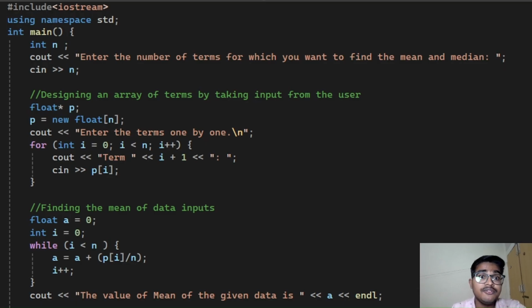So in this code, I've used the concept of dynamic allocation of array. At first, the user is prompted to enter the number of terms. Then an array of floats is dynamically allocated to store these terms. The user is then prompted to input each term one by one by this code. So now to find the mean, loop is created so as to add the number